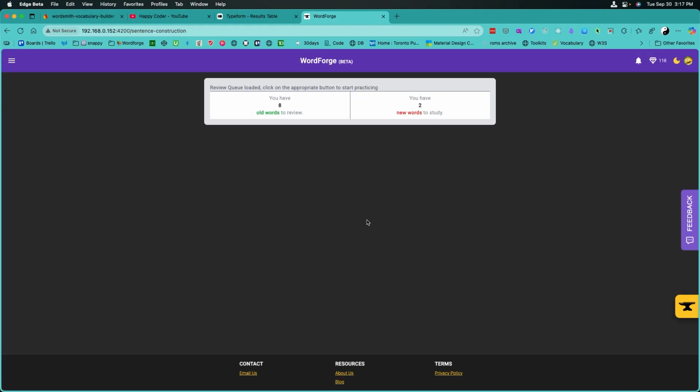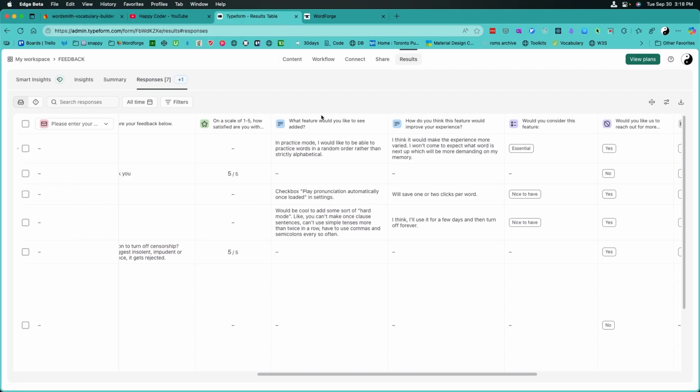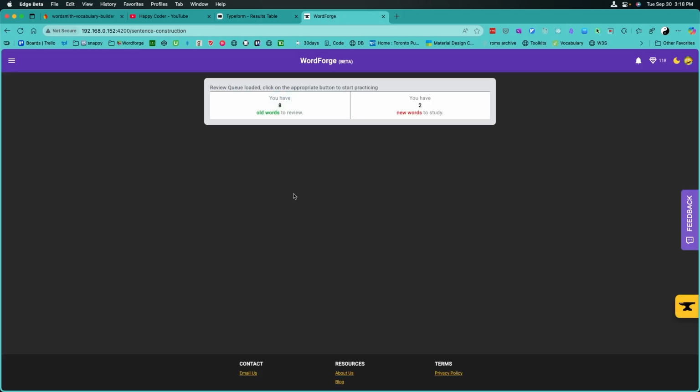And I thought that was a great user experience until I got this feedback ticket filed by one of my users. And he is saying that in practice mode, I would like to be able to practice words in a random order rather than strictly alphabetical. And I draw to your attention, he said alphabetical. He thinks that because I don't show the whole queue, right? So in his mind, in his intuition, he's thinking, okay, this queue is prepared in alphabetical order,